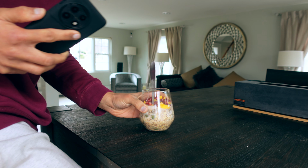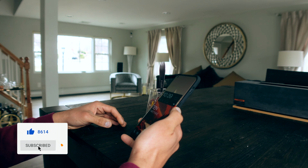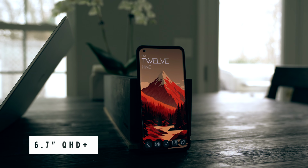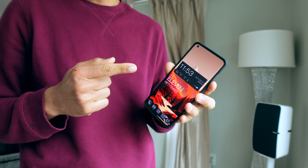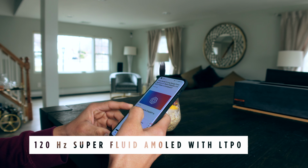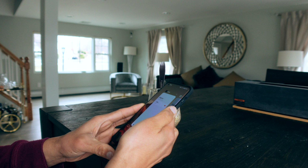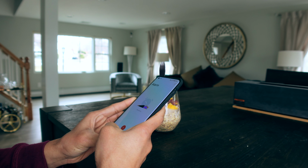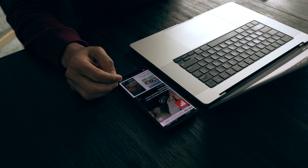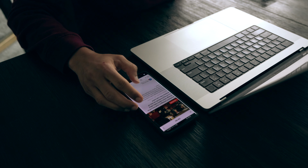I usually spend my breakfast browsing social media apps like Twitter and Instagram. The OnePlus 11's large and vibrant 6.7-inch Quad HD screen makes viewing details a breeze. Its refresh rate of 120 Hz, combined with its lag-free snappy performance, switching between apps or any interaction you may have with it, makes it a beast of a phone. This has always been the norm with OnePlus phones, but I can't stress it enough because I feel like it's